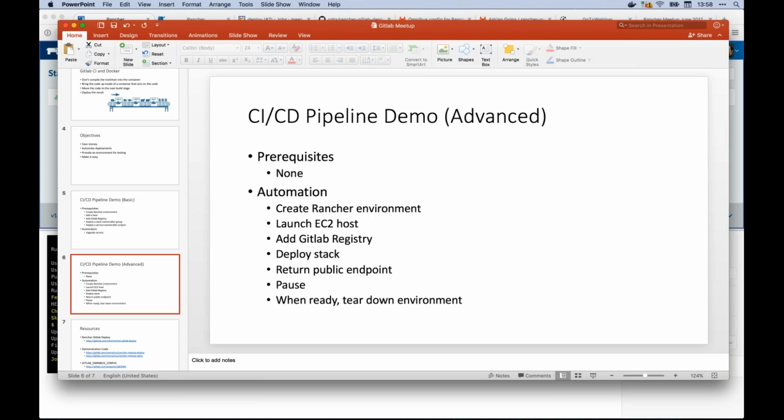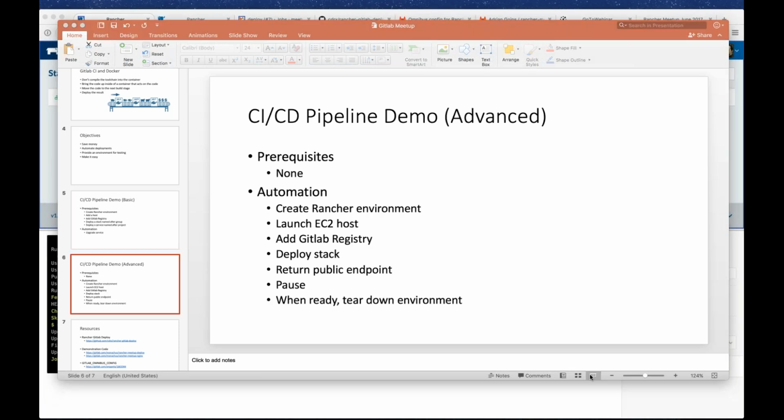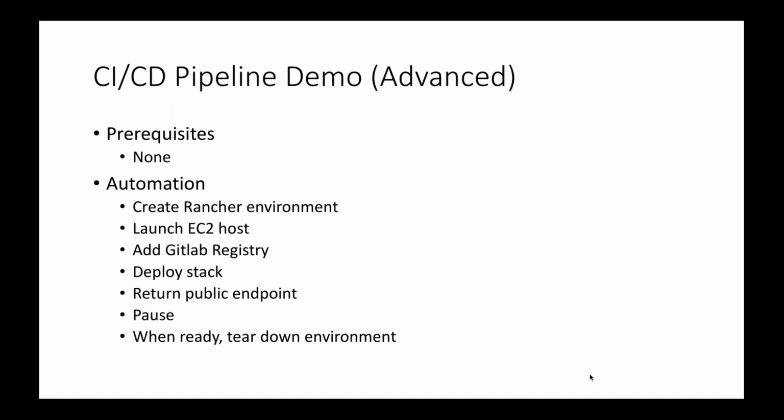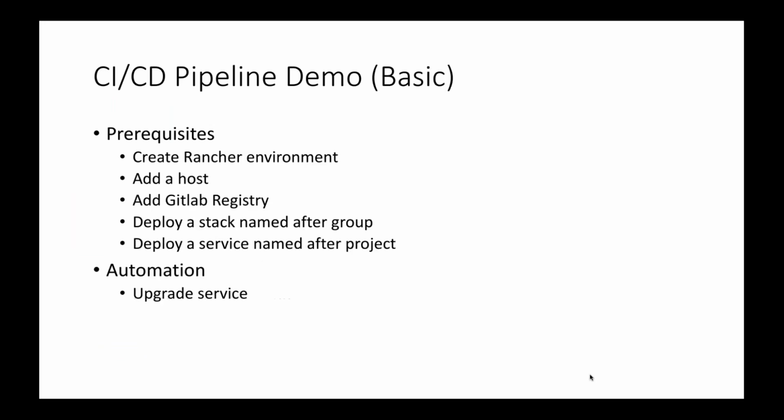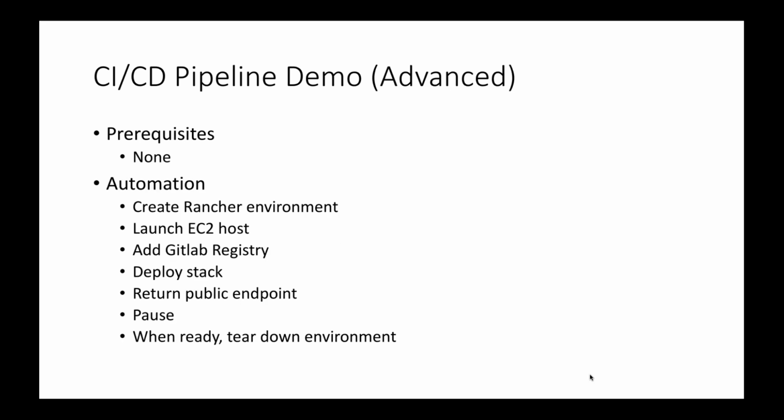A more advanced use case, and this is a little far-fetched, but it demonstrates the capabilities that are available to you via Rancher's API. So in the previous one, you saw that there's all of these prerequisites. You had to create it, add a host, add GitLab registry, go through all this manual stuff. But imagine a scenario where you wanted to be able to commit and push your code, you wanted it to build your environment, and you wanted it to actually create an entire EC2 infrastructure for you and put your content out there. Now, we're going to deploy a simple Nginx container out there, which is kind of a waste of